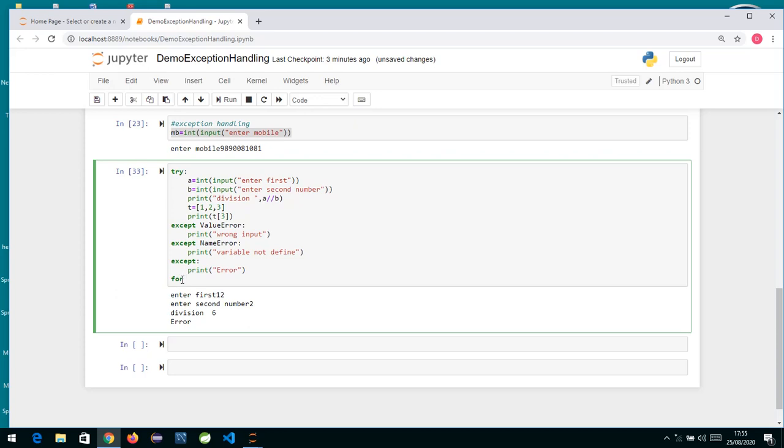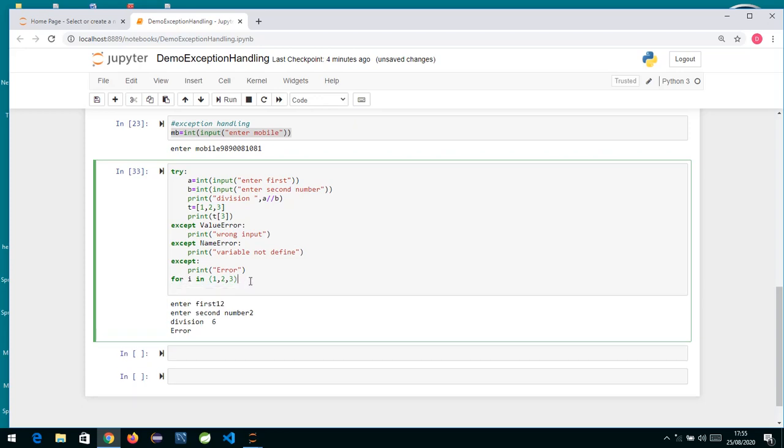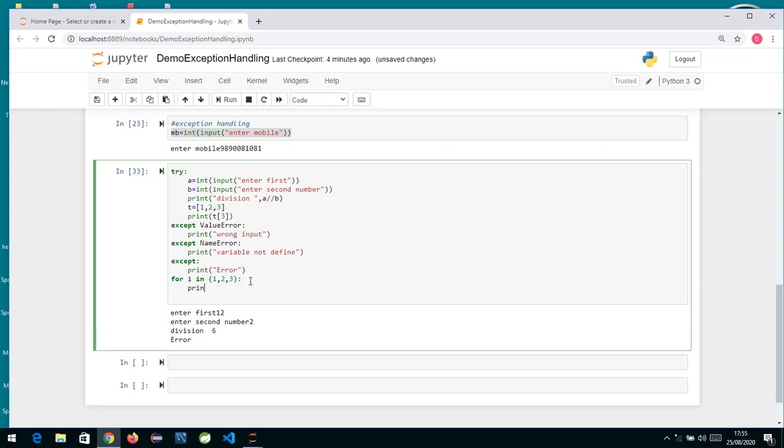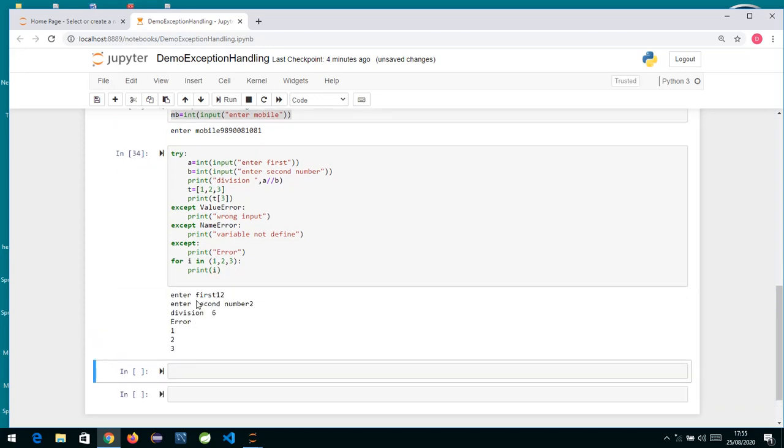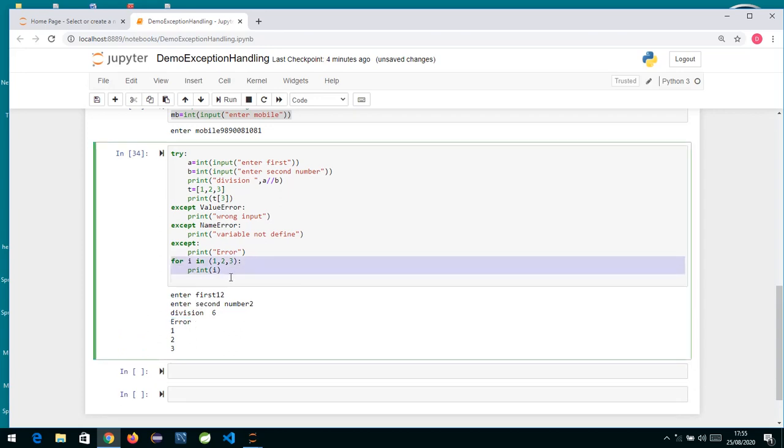So if I write for i in 1, 2, 3, colon, and print i, and we run this, after printing the error it has gone and executed this logic whatever we have written. That means we are handling the exception, and after the exception is handled it goes over there and prints it.